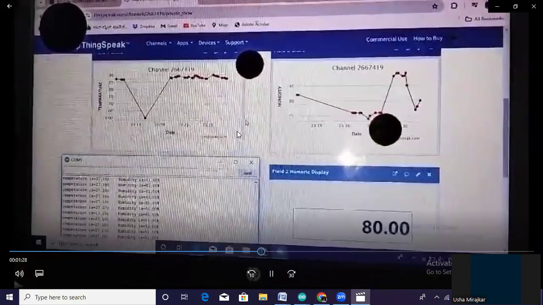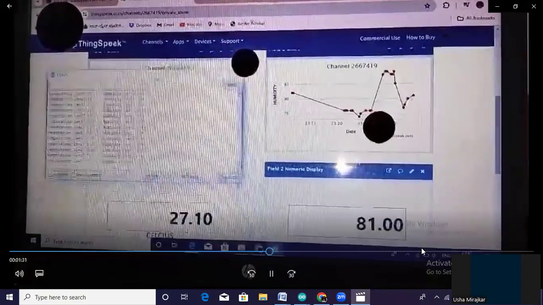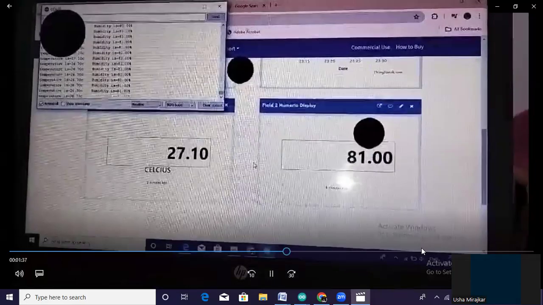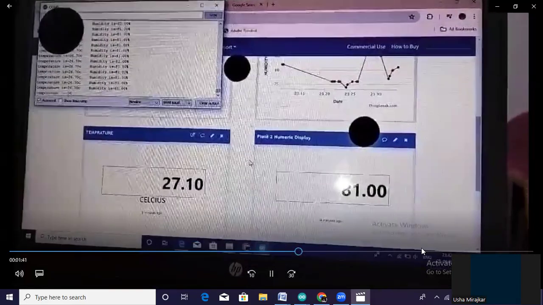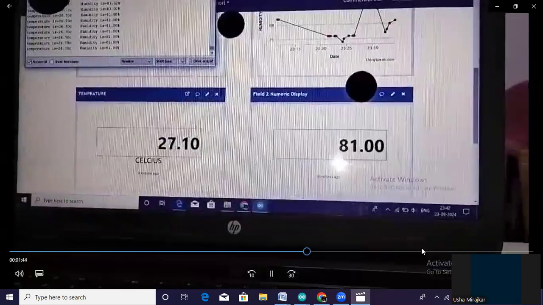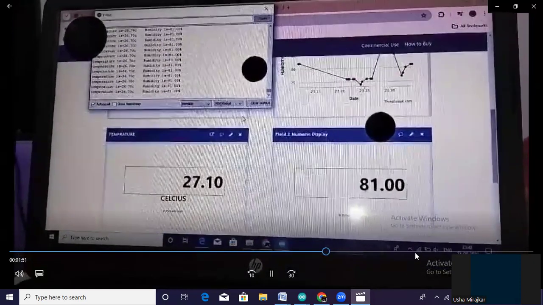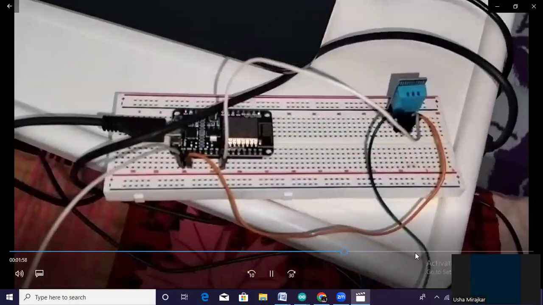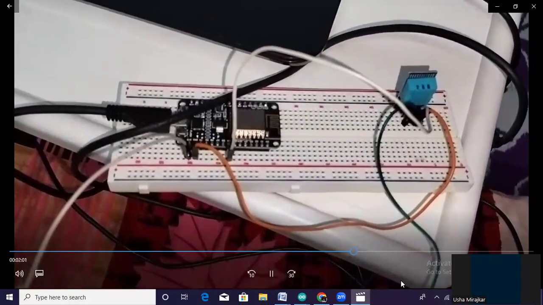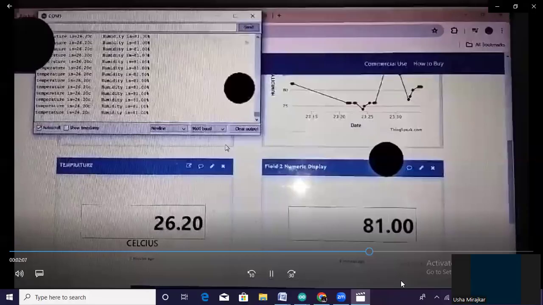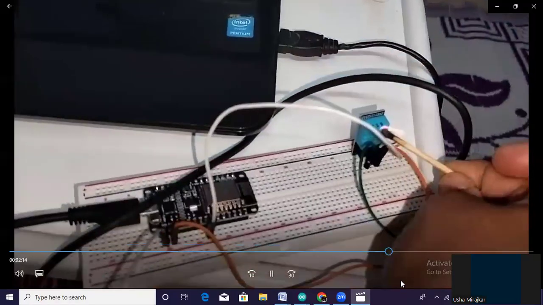And this is the chart for the temperature and the humidity. Now we will create some heat using the fire here.